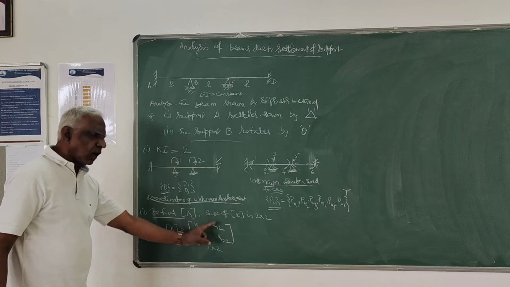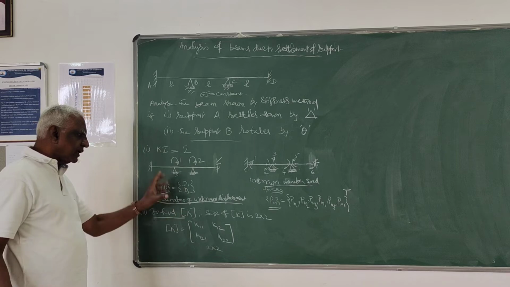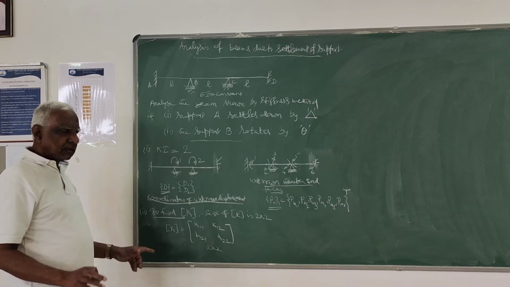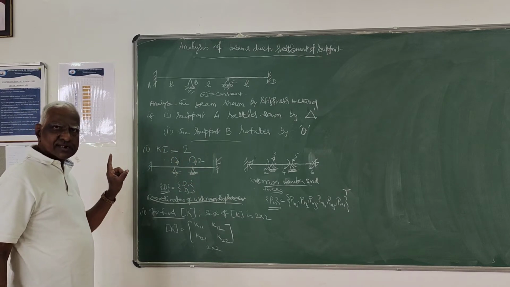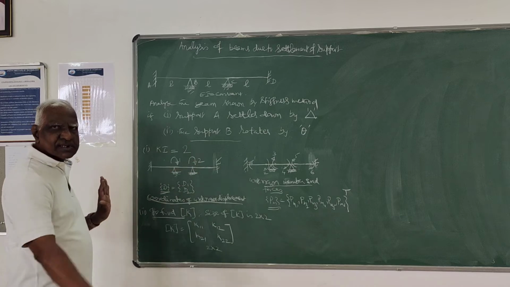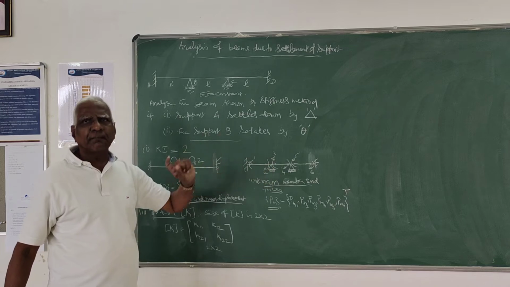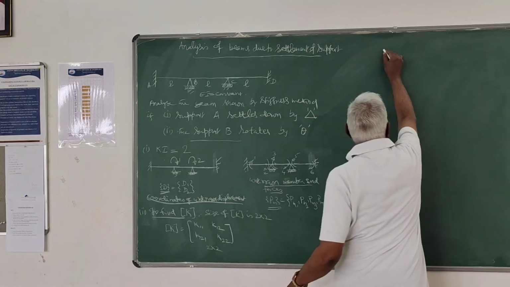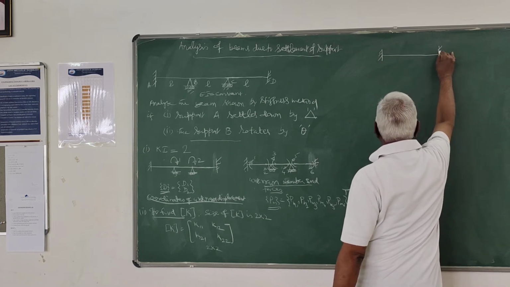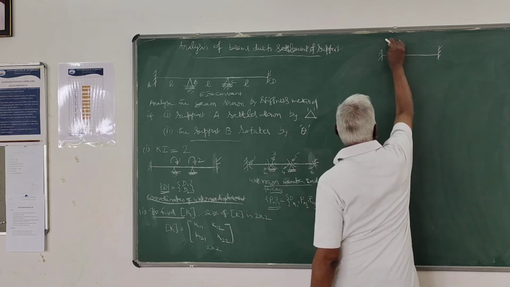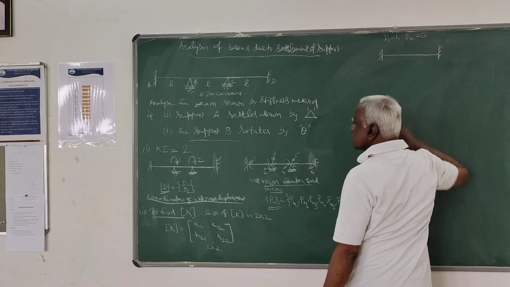Now I have to determine all this. For determining this, I will use the definition of stiffness. I have defined it as the force due to unit displacement. So that means I have to give unit displacement corresponding to these displacement coordinates one at a time, keeping all other coordinates fixed. Then find the forces corresponding to this member here. So first, I have to give unit displacement in the direction of coordinate 1. That is d1 equals 1, d2 I have to make 0.